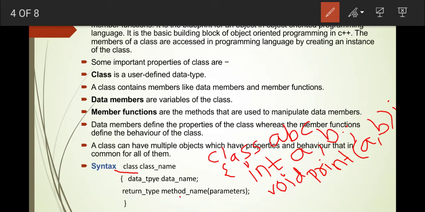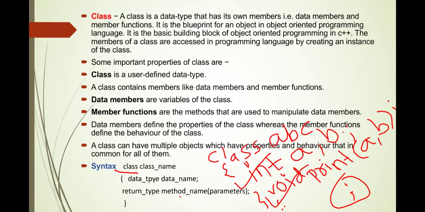Void is the return type, print is my method name, and a and b are the parameters. Likewise you can create a class, and a class always ends with a semicolon. So this is one example of how to create a class; these are the data members, and these are the member functions, nothing but the methods of that class.